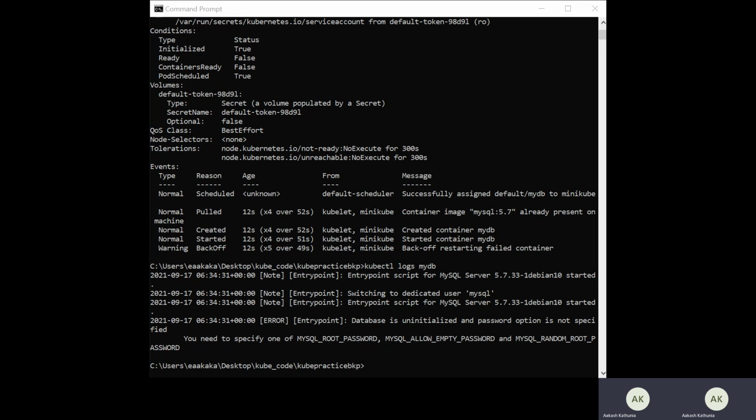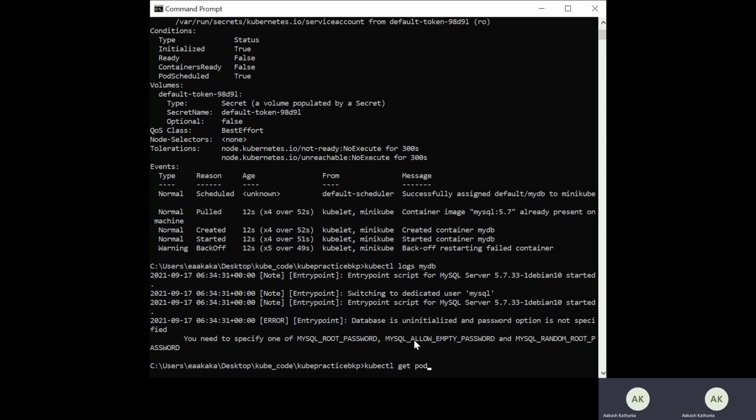Now, why is this issue coming? This issue is coming because whenever we create any image, right, a keyword comes as the entry point. This is the entry point. Whenever we create any DB image or DB pod, the entry point comes into the picture, and this is the program name. So I can put the keywords using environment variables or shell variables. Now, in order to understand what environment variables and shell variables are, let me take a quick example so that you can understand what an environment variable is.